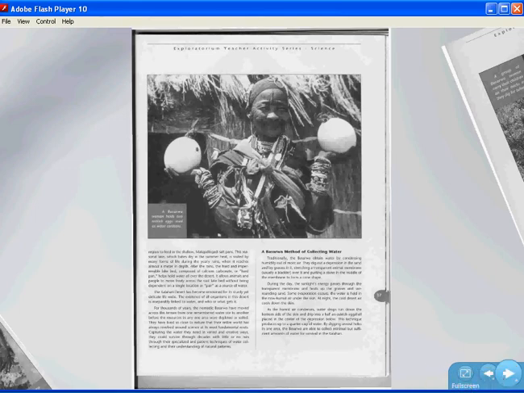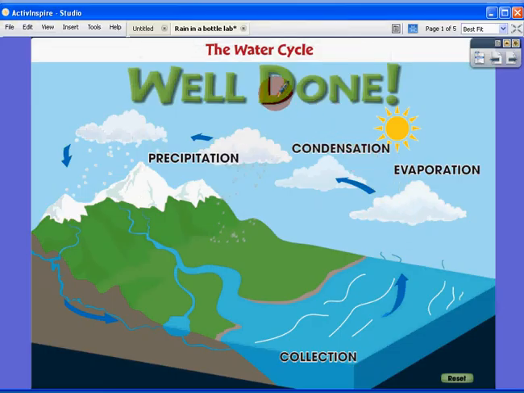So the next thing was to talk a little bit about the water cycle. We'd actually collected